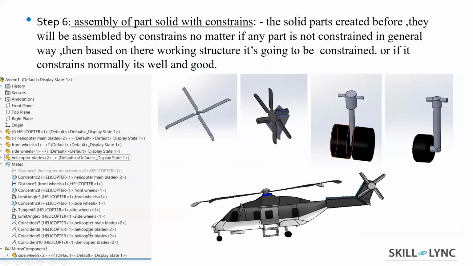I have shown the mates which I used here, some of the mates and the sub-parts used for the helicopter. Some parts use only two mates because the part has 6 degrees of freedom and I used only 2, so that the model can be rotated freely, where it moves and everything.